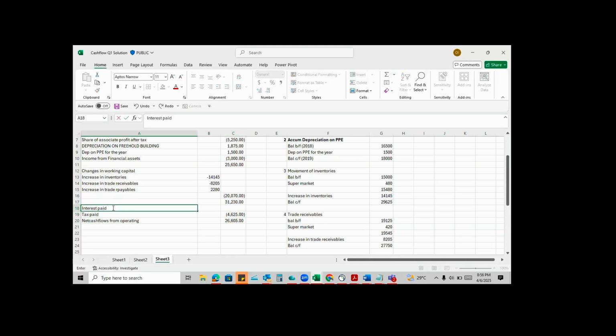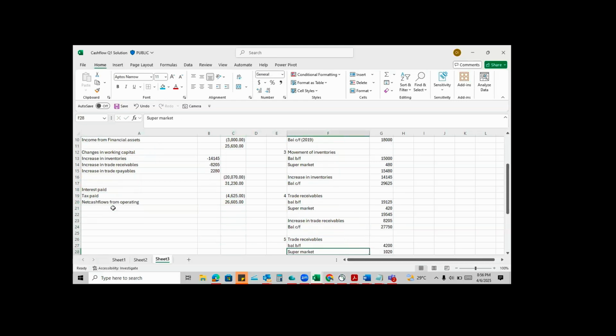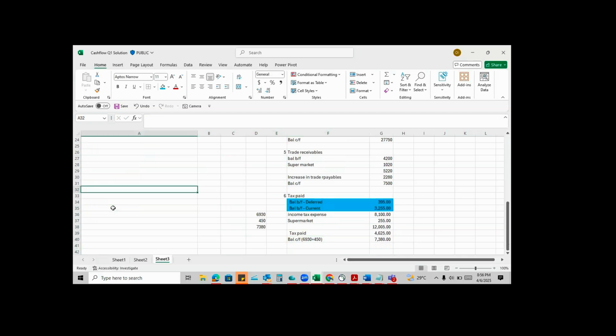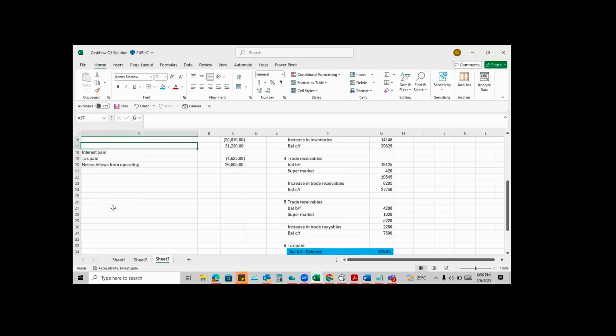Do you understand? Let's do it just so that we are in sync. But ordinarily in practice, I don't treat interest paid here. I like to take it to financing activity, most especially when I am very sure that this interest paid here is coming from an activity like a loan. Because a loan is a financing activity, and the interest you are paying,